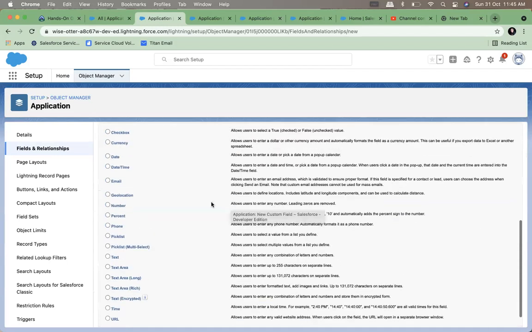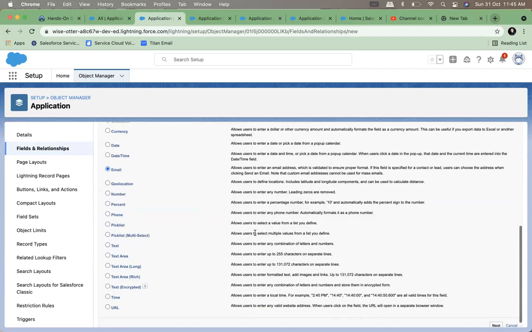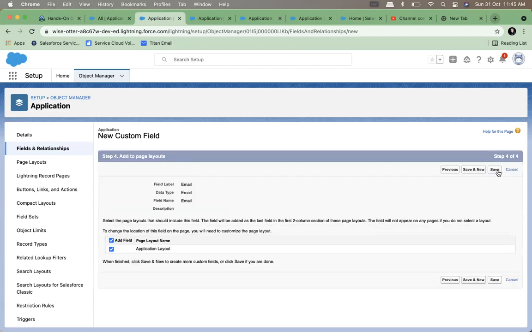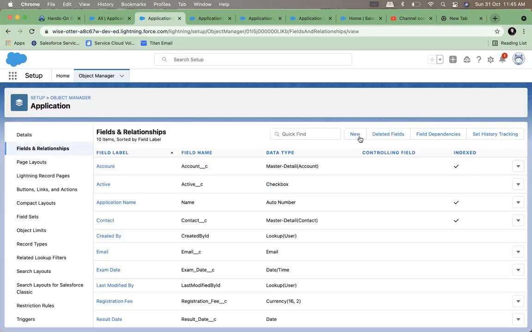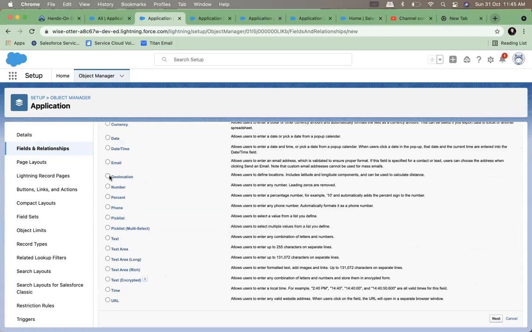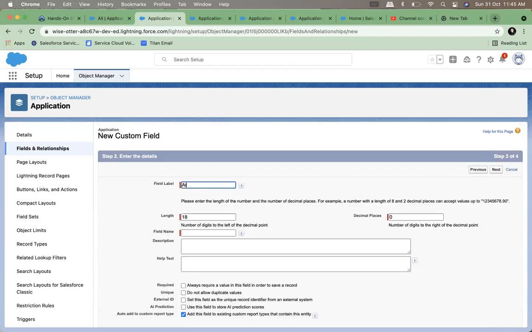What other fields can you create? You can have an email field. Geolocation is basically latitude and longitude used for maps. I'm not using this one. Number field can be the number of attempts you have made in this exam. Attempt number.